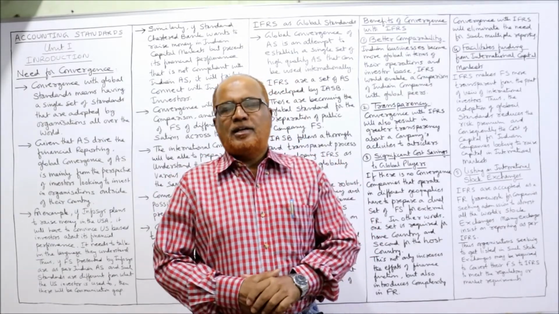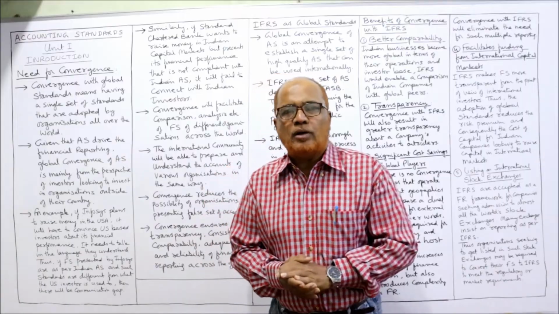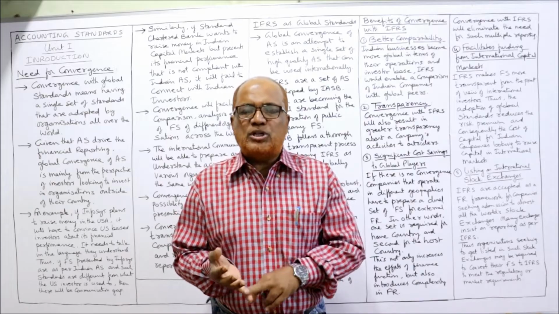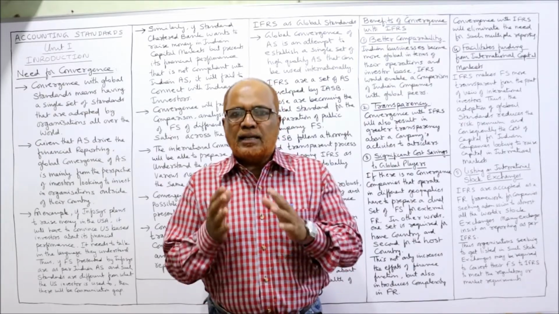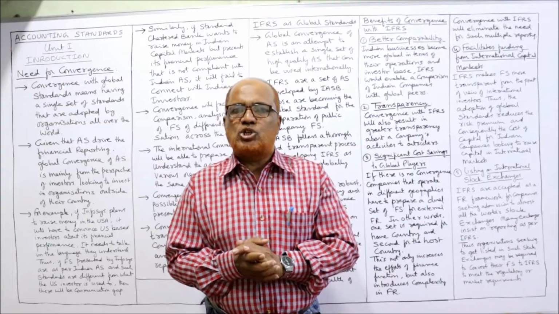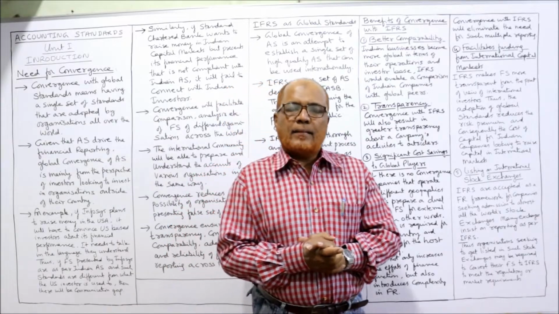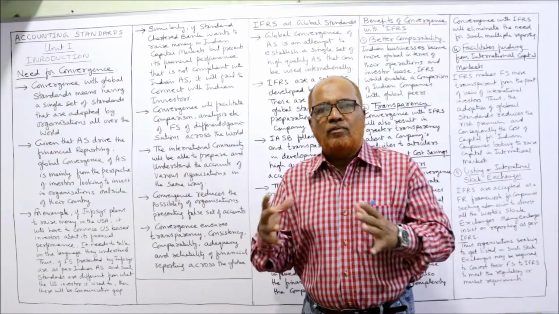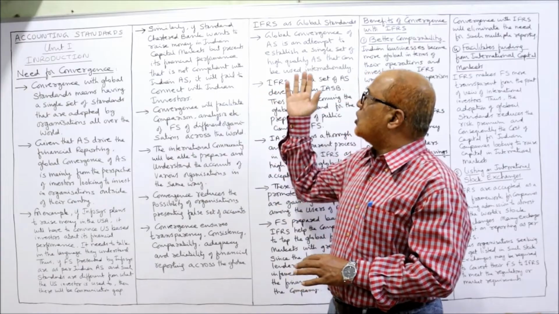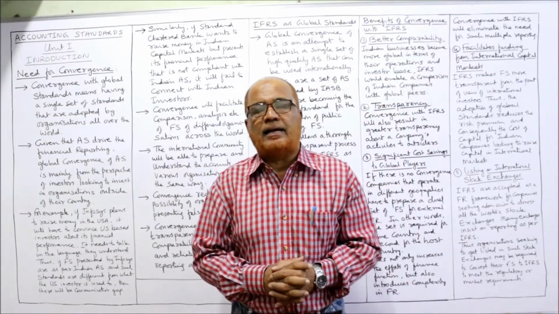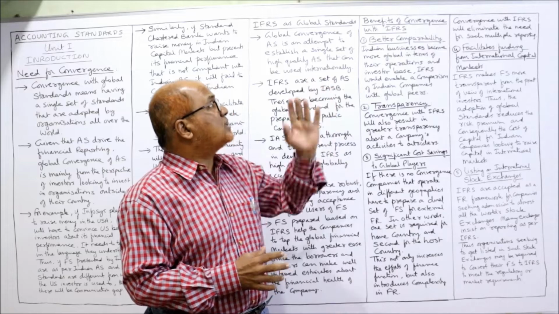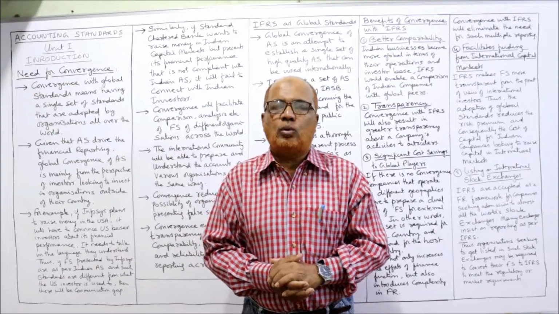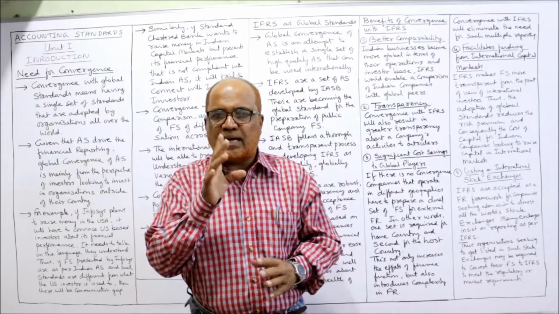I'm Hasham Ali Khan. In the last 2-3 videos I have uploaded on the subject of accounting standards. I have explained the meaning, objectives, advantages, limitations and the list of accounting standards issued by ASB. So in this video I am going to explain the need for convergence and the next topic, IFRS as the global standard. And lastly, what are the benefits from convergence with the IFRS? These three topics I'm going to explain in detail in this video, so watch the video till the end.